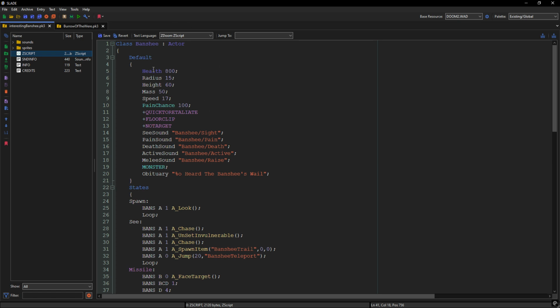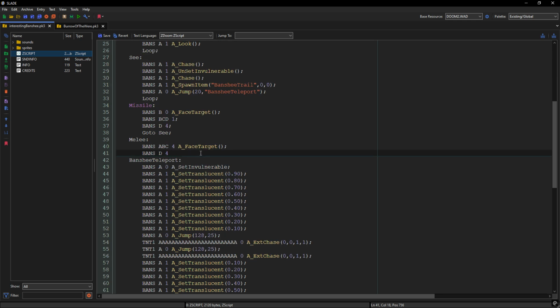And so in my blah blah blah, for quick, I don't really care. Let's go with a custom melee attack, which is a custom melee attack for monsters. So we're going with damage. You can have any damage you want, and since I don't want to use the random crap that Doom usually